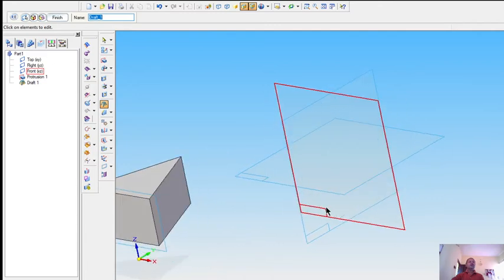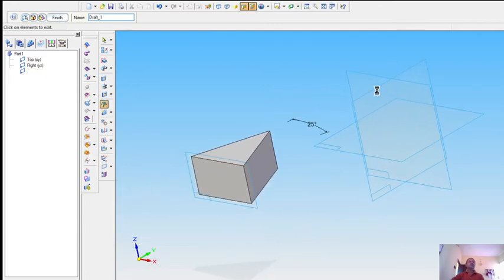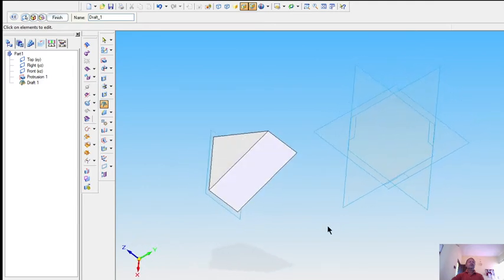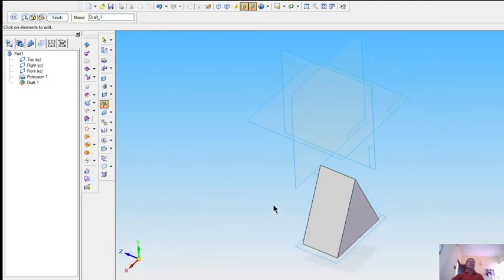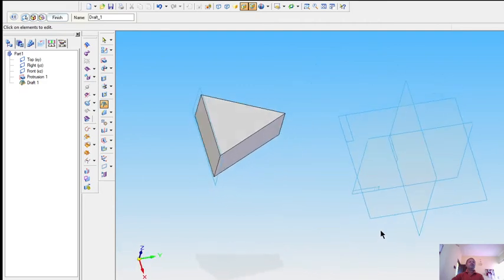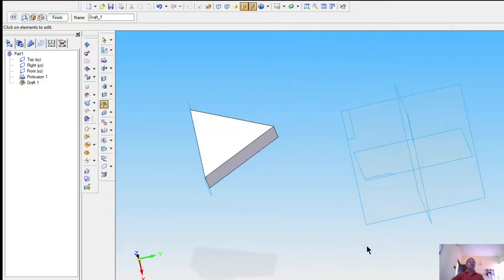Now you can view the earlier created model was in different fashion. Now it is made with some draft angle that is 25°. So click here to finish it. So that means we are making the feature with some angle.